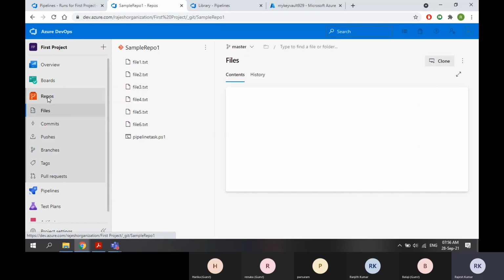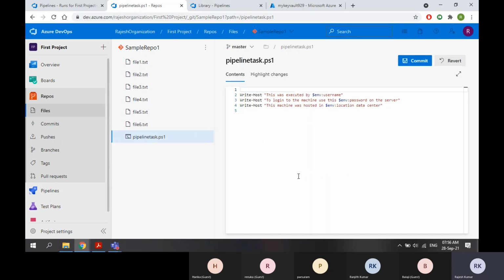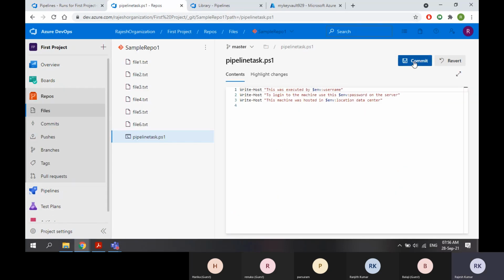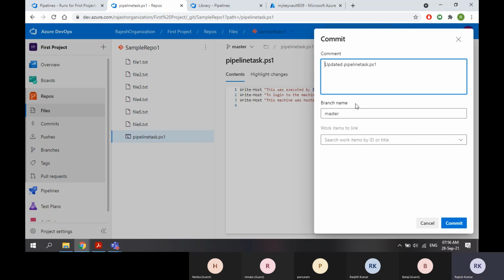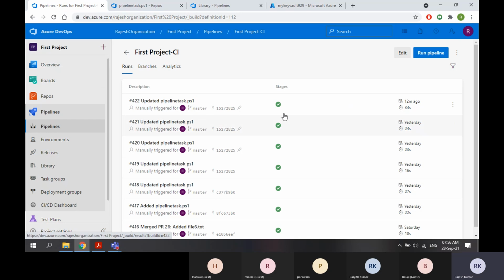Now I go to repos, in pipelines. I will change something. I remove this line itself, guys. Now there is no hello world. Keep an eye on this. The moment I commit this change, commit, you will see a pipeline run here.